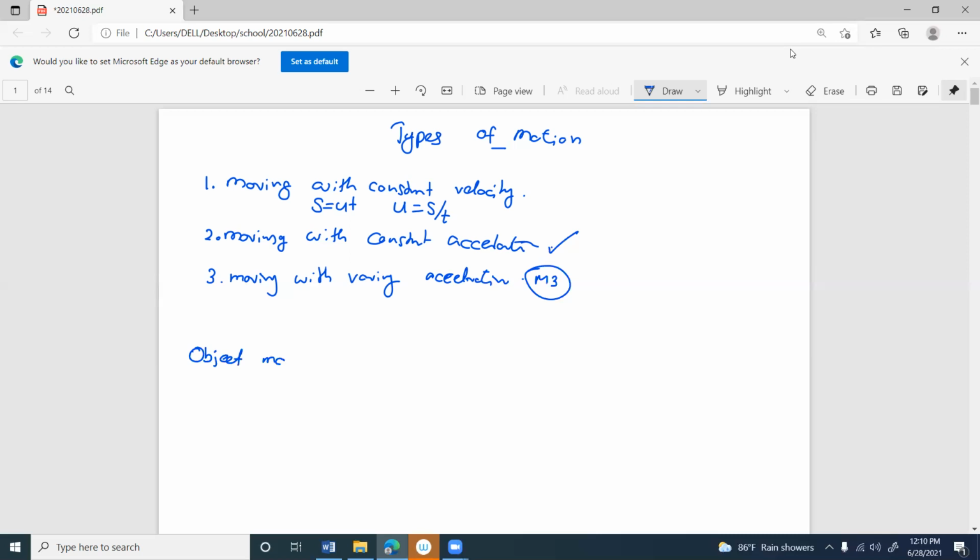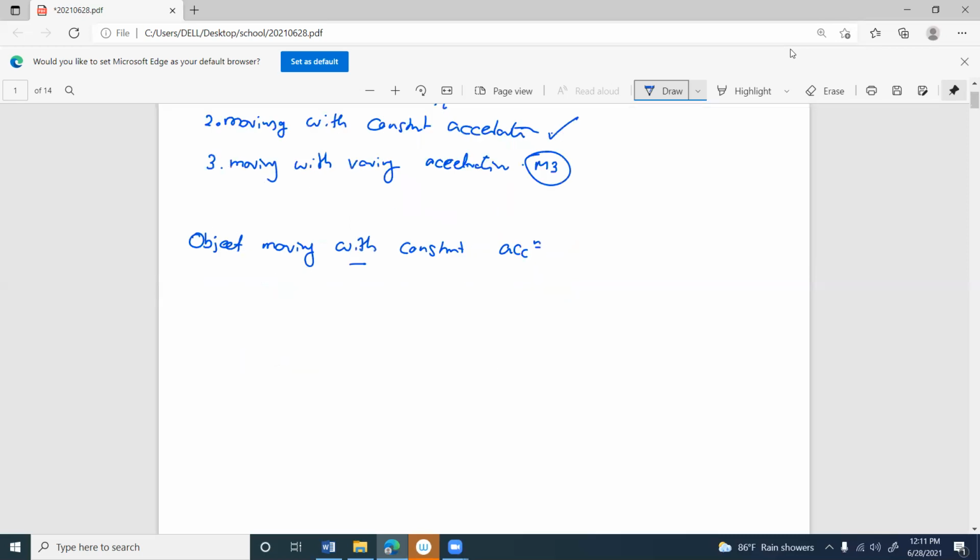Object moving with constant acceleration. A short form of writing the acceleration like this way, right? Okay. So in this case, what is the condition to satisfy for an object to move with constant acceleration? So, okay,